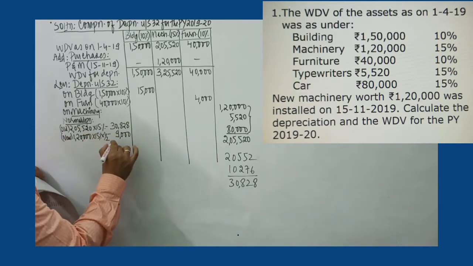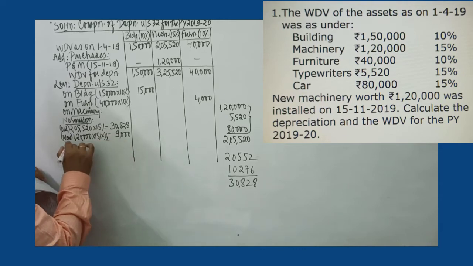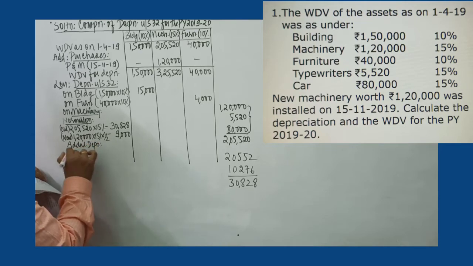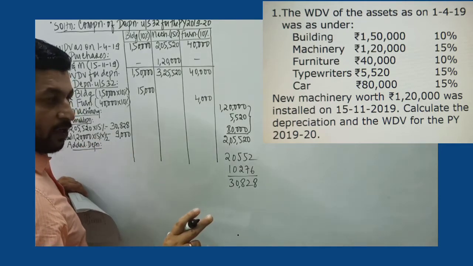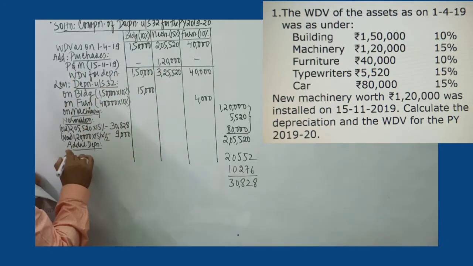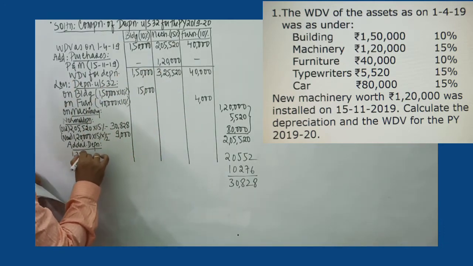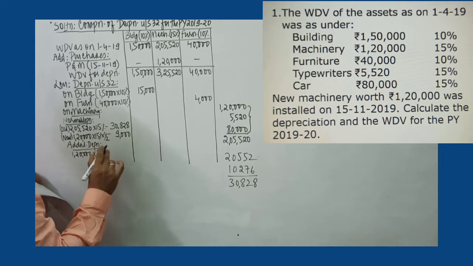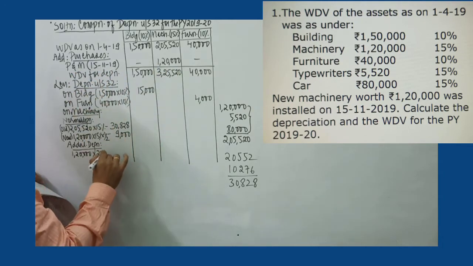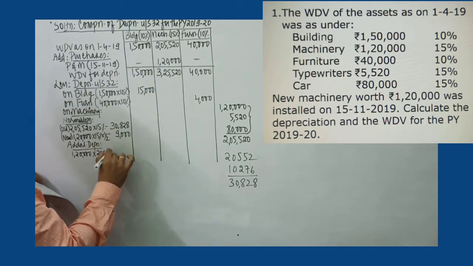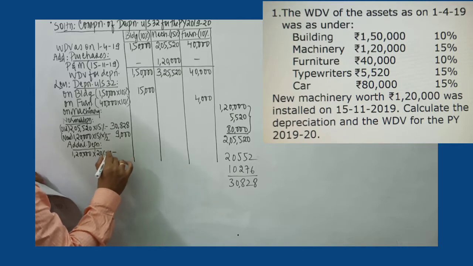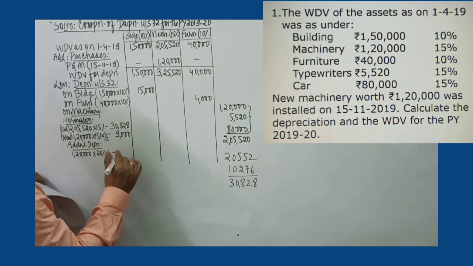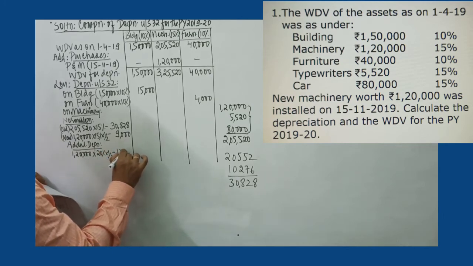This is normal depreciation. And along with normal depreciation, we will have additional depreciation. Point to note, additional depreciation is calculated only on new plant and machinery purchased and installed in the factory. So 1,20,000 is the value. The additional depreciation on new plant and machinery is always 20%. But since it is purchased and put to use for less than 180 days, only half year's depreciation will be charged. So additional depreciation amount would be 1,20,000 into 20%. That would be 24,000, and half of that will be 12,000.